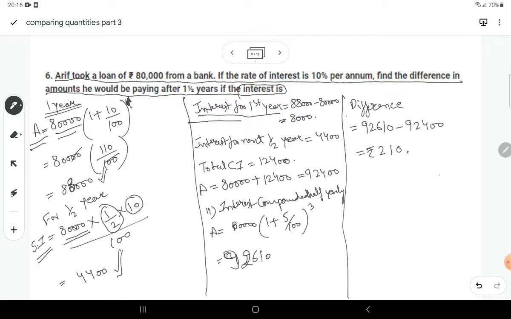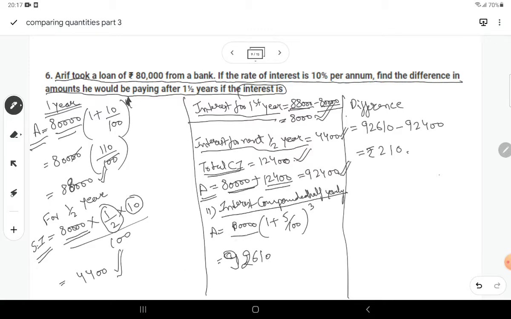So interest for first year would be 88,000 minus 80,000, which is 8,000, and interest for next half year would be the simple interest which we have calculated, that is 4400, and total compound interest comes out to be equal to 12400, and amount comes out to be equal to 80,000 plus 12400, which is 92400. Now if interest is compounded half yearly, putting the values in the formula, we get amount